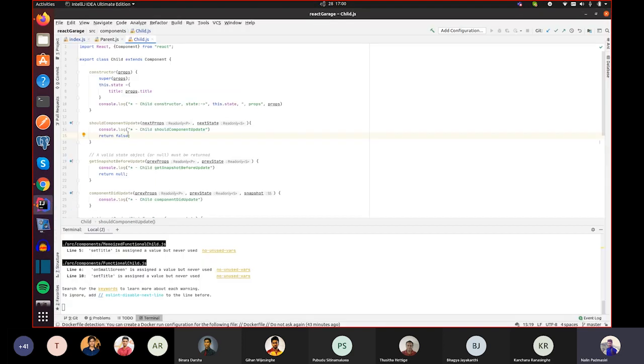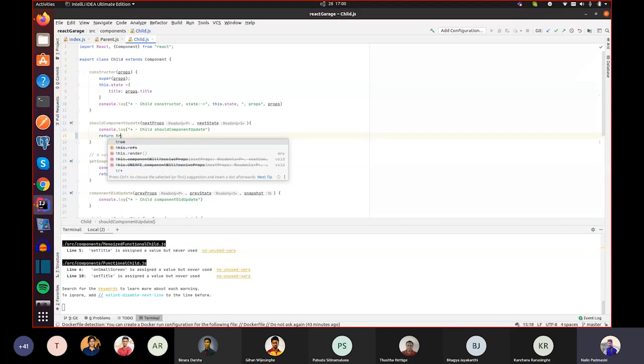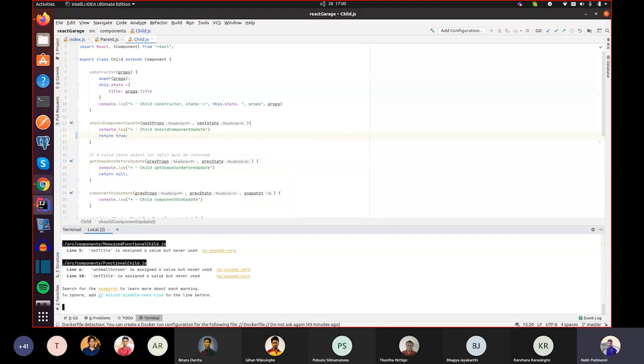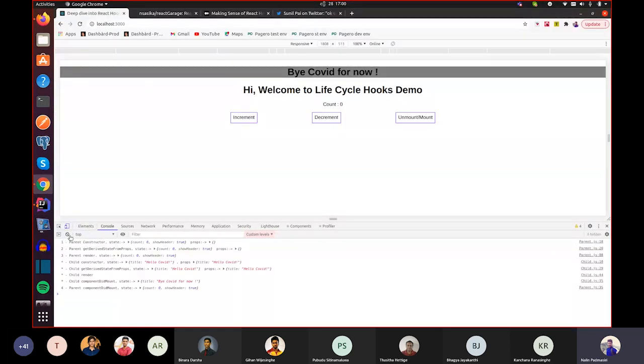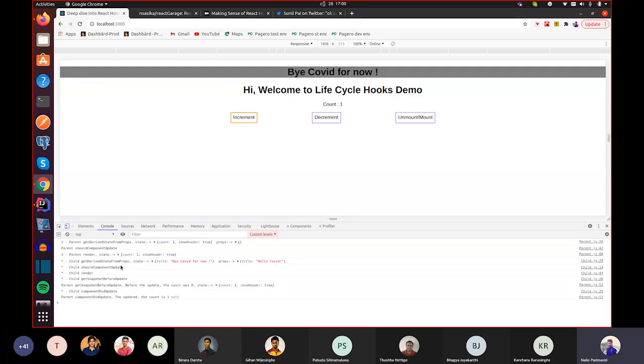So let's change this to true and see. I will clear the initial console logs. Can you see? Now the child class has rendered and executed the next functions as well.